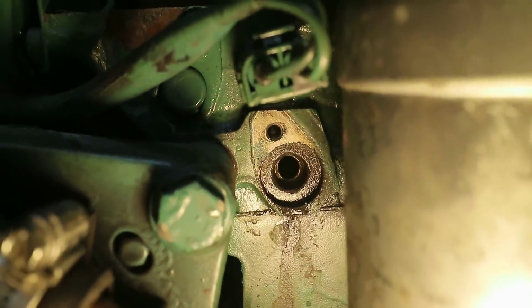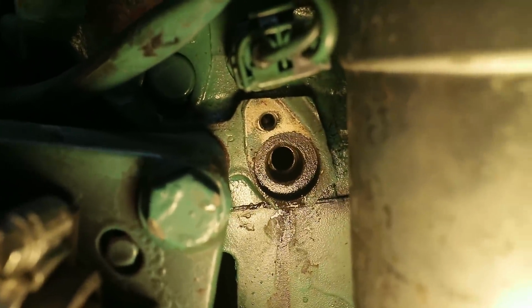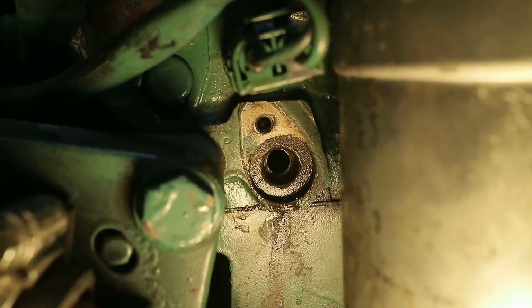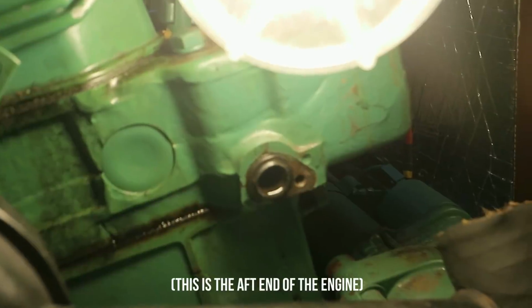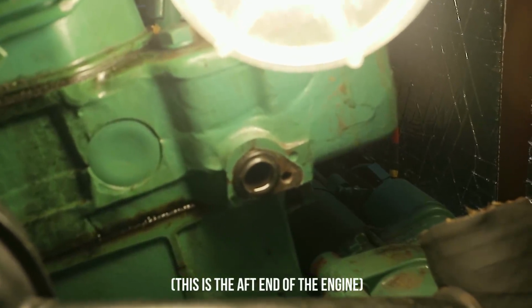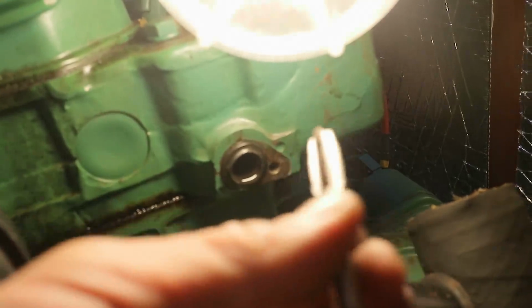Well, I'm glad to say that worked. The cold spray worked in the end. It didn't work at first, and I'd started to think of a plan B, which I'll talk to you about now, just in case anybody ever has to do this. I thought I was going to have to resort to making a puller for it, and if I did have to do that, what I was planning on doing, this is an M10